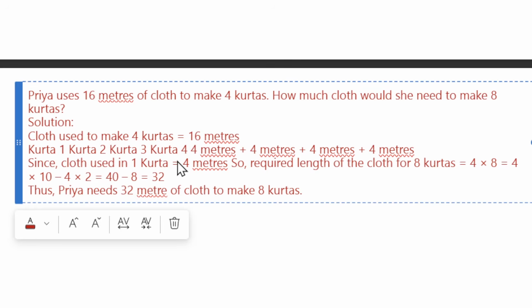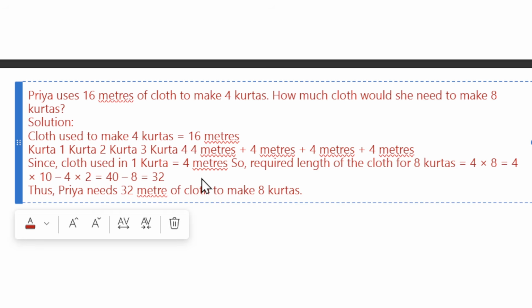Okay, so next question, very simple. Priya uses 16 meters of cloth to make 4 kurtas. How much cloth would she need to make 8 kurtas? So cloth to make 4 kurtas, 4 kurtas 16 meters. So 1 kurta 4 meters, 2 kurtas again 4 meters, 3 kurtas 4 meters, 4 kurtas again 4 meters. So 4 plus 4 plus 4 plus 4, 4 into 4 times you will get 16 meters. Since the cloth used in one kurta is 4 meters, so what you have to do: